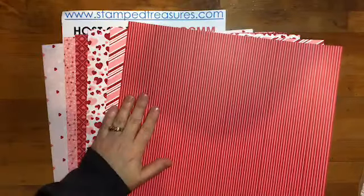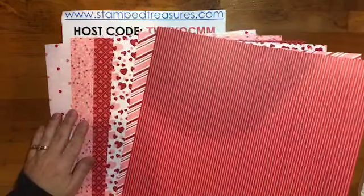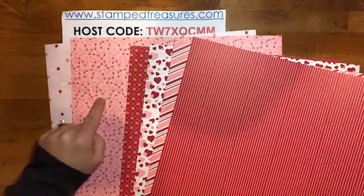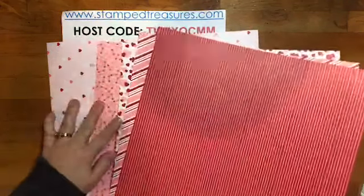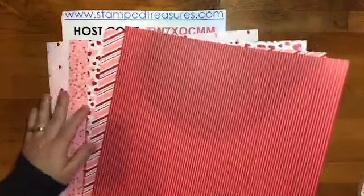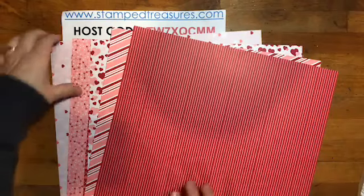Of course, you can't go wrong with stripes. I love stripes, so I'm using these ones today. And then you've got some great hearts, and I don't know what it is with arrows, but I've got a thing for arrows. So I love this one, and then this one as well. So lots of fun patterns in this, and this is part of a whole suite of products